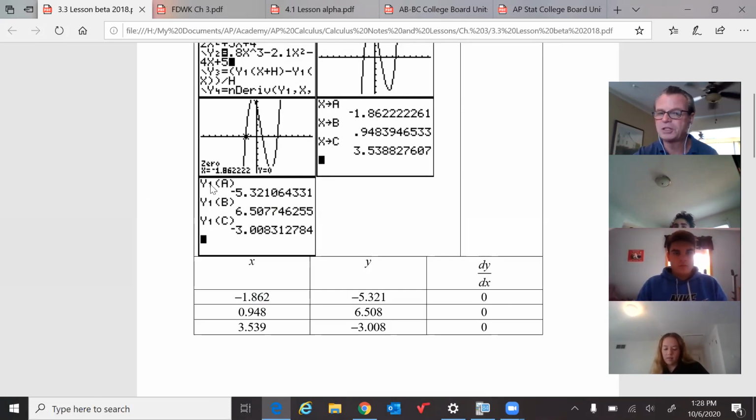The parent graph's in y1. So that's giving me the ordered pair on the parent graph, which then, I'll just take the one value. Ready? Just take A. Negative 1.862, rounded to 3 places. When that value gets put into the parent graph, you get negative 5.321. And the value of the derivative there is 0. That's what these points have in common. So if I go back up here,